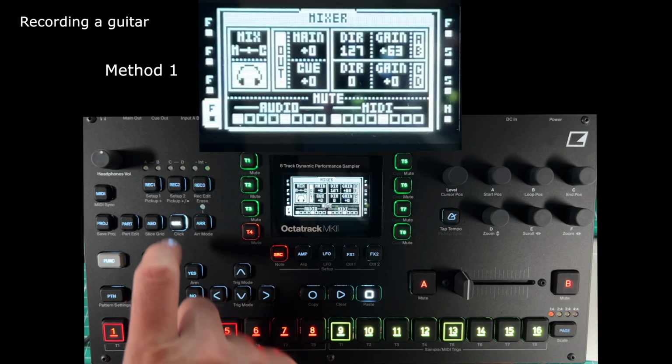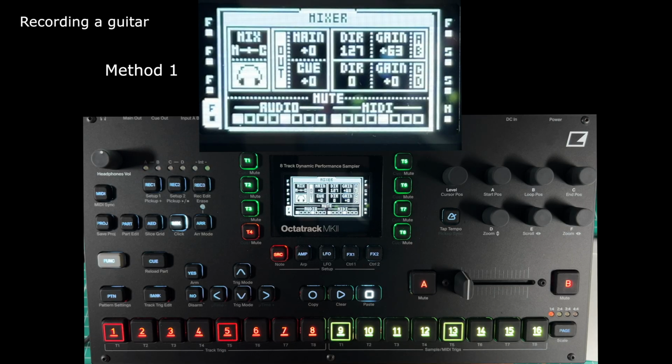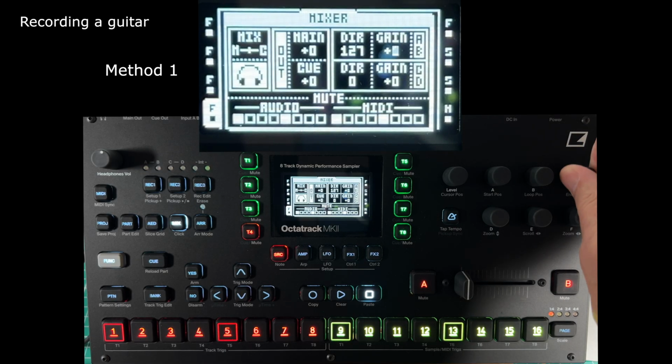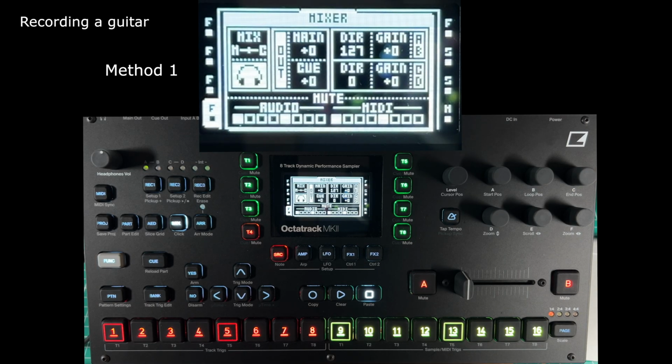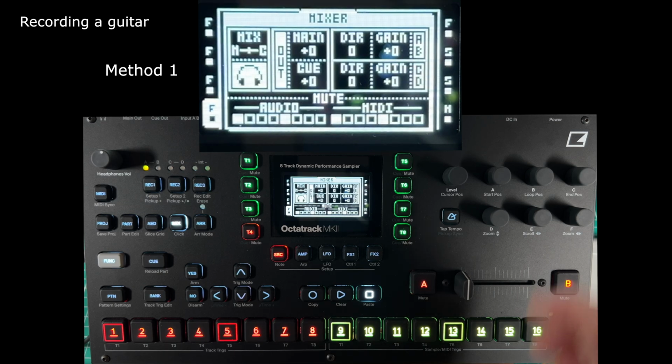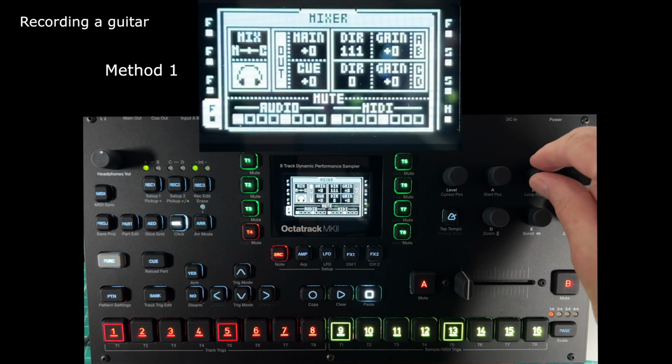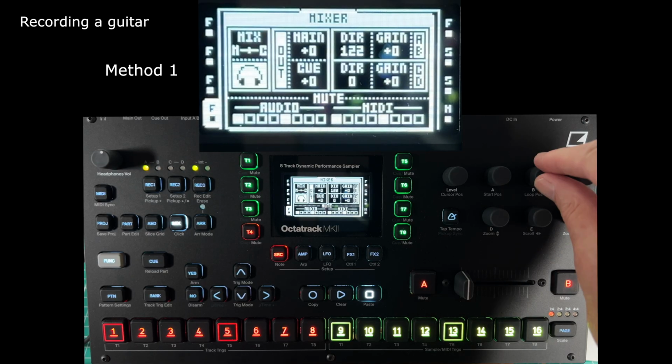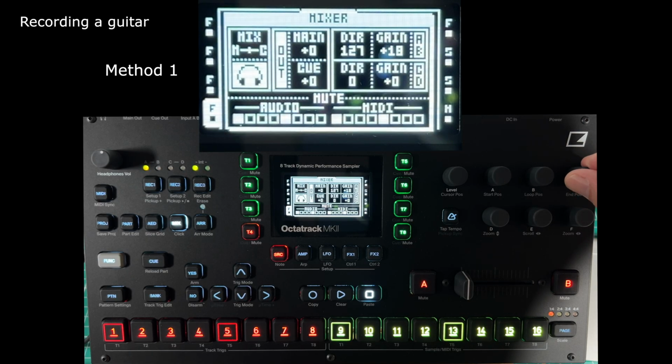So let's look at the mixer. Right, you can see direct is up and gain is up. Normally gain isn't up, so if I put gain on 0, you don't hear much. And if I turn the direct down, you don't hear anything. So you've got to turn that up. That's just what's coming into the Octatrack. It's not the level of the recording. The level of the recording is to do with the gain,